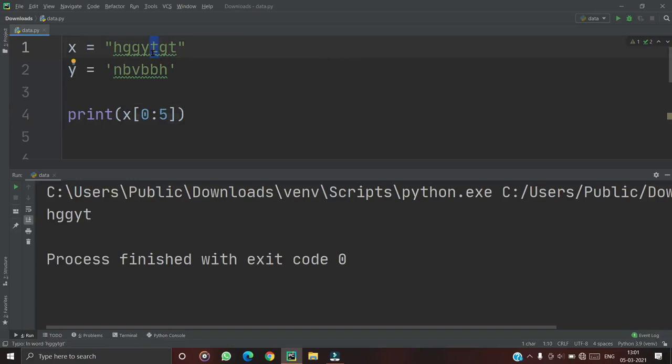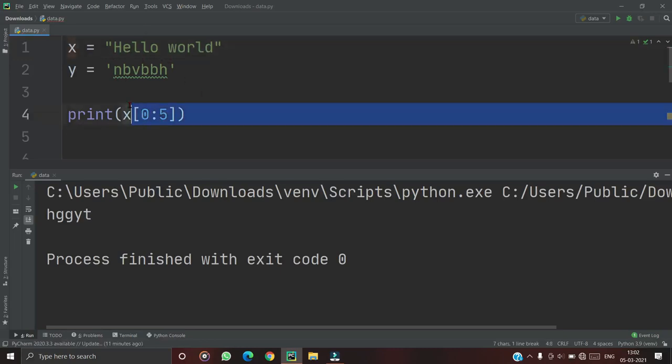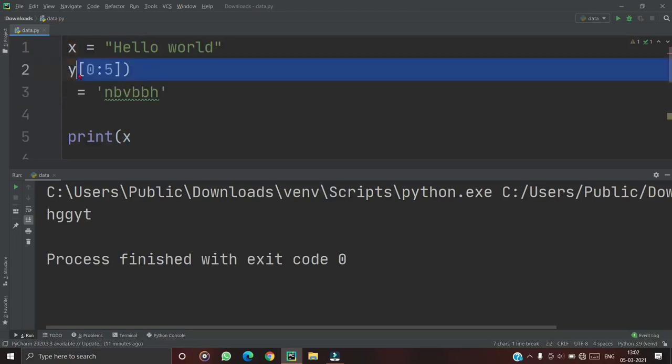Okay, so let's move on to the next topic: how can we update the string? If we take one example, hello world, and we want to update this string.